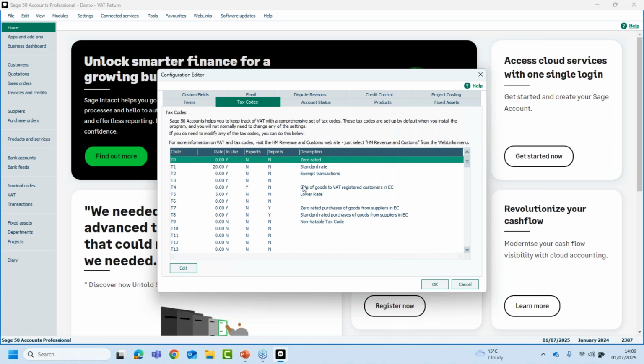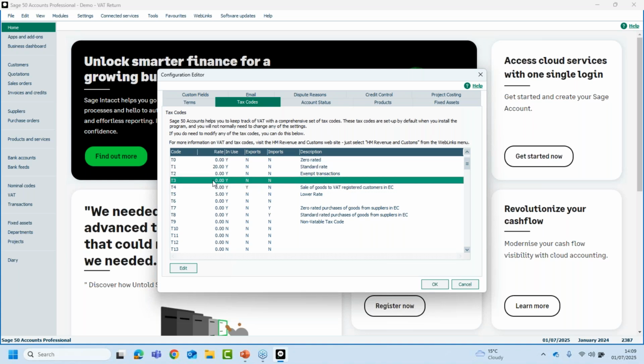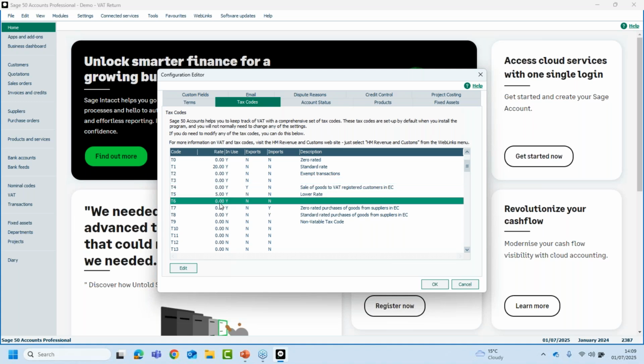Now, some of them will have, or most of the ones in use will have a description. There's a few that historically you've never really used. They've been enabled, but the likes of T3, for instance, hasn't got a description because it's never actually been used. T6 is the same. But if you go way back on Sage, you probably think, well, we want to use